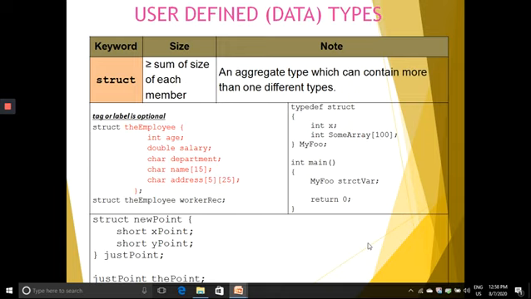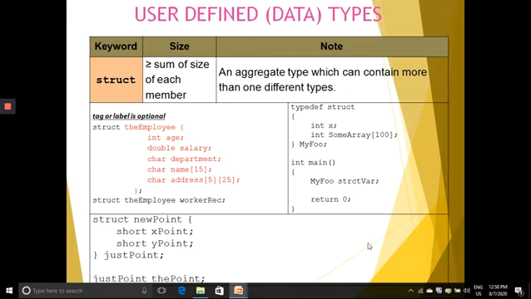Now employee is the name of the structure, in which we have int age as one member, double salary as the second member, char department as the third member, char name of 15 as the fourth member, and char address of 5 by 25, a two dimensional array.